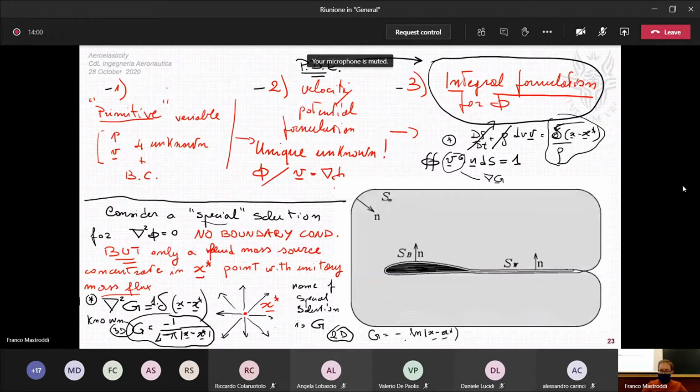divided by 2 pi, and not 4 pi. Okay, maybe there is a plus sign here. Maybe there is a plus. Please check this. And this is similar to what happens in electrostatics, where you have a charge in a point,